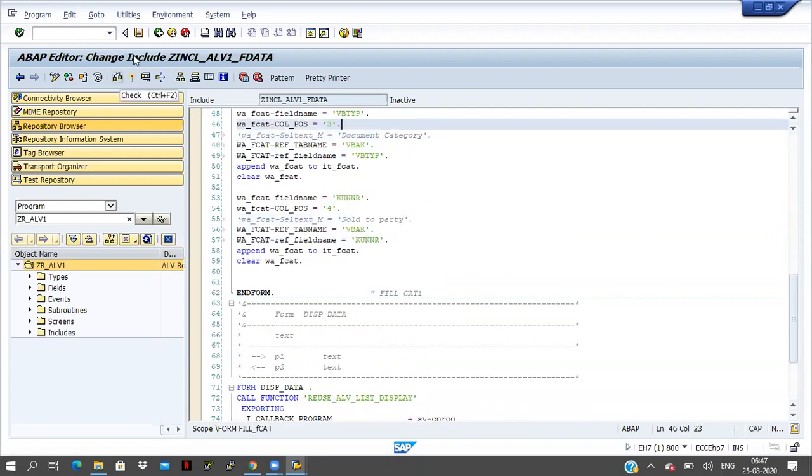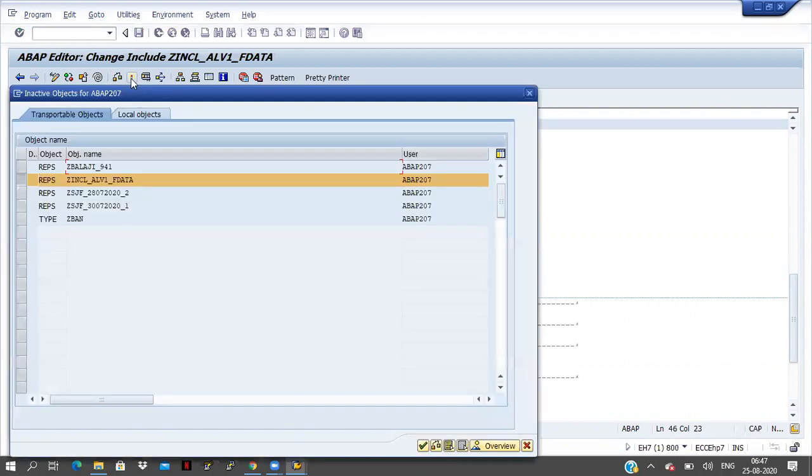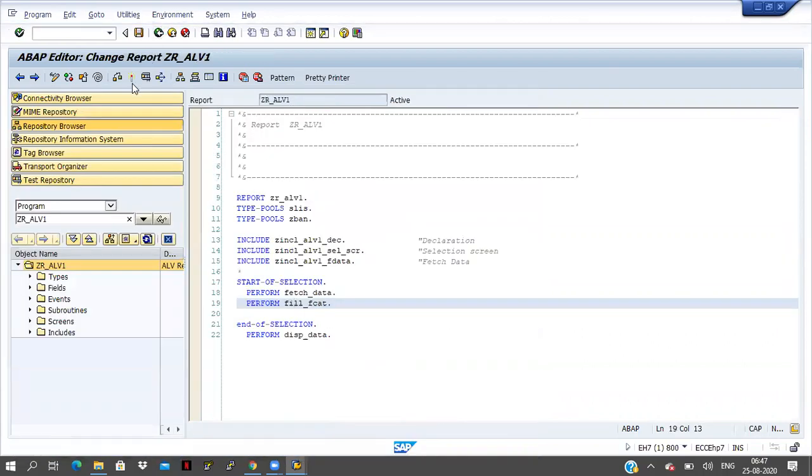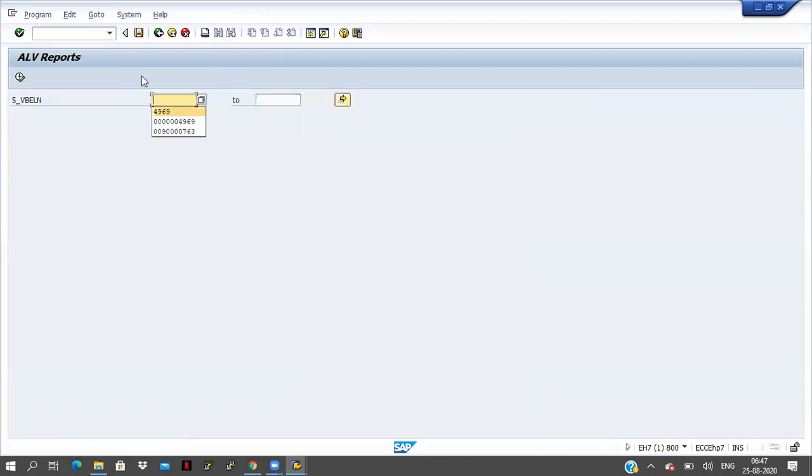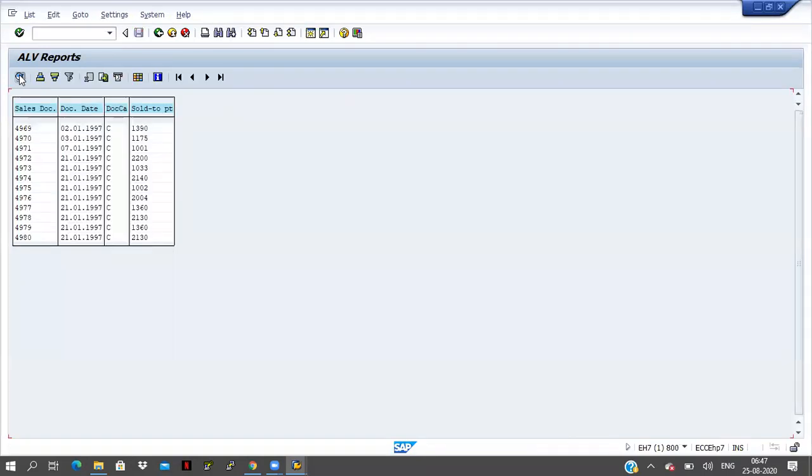Okay, now save it, check it, activate it, click on back, activate it, execute it. See here DOC is coming, doc date. This is the document category, and this is sold to party. Previously, sales order number and document date came.